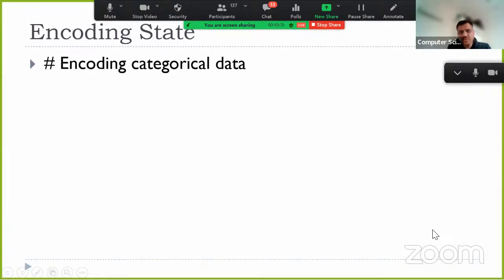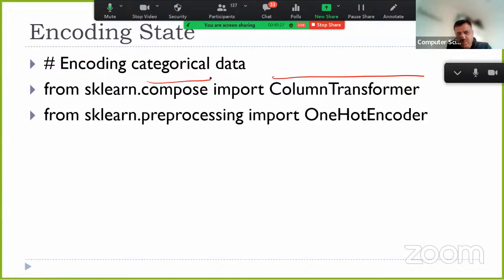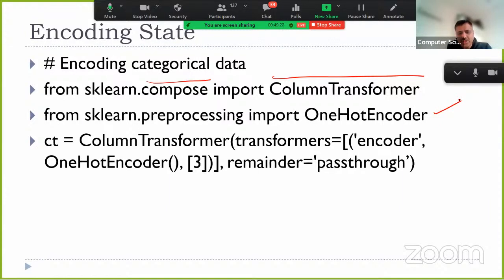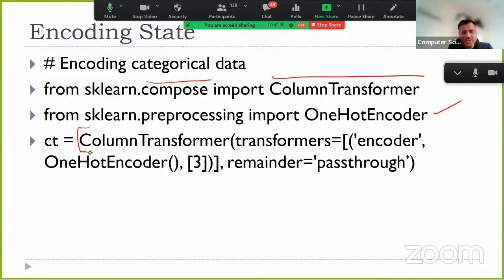Yes, so here we will be using first of all a column transformer, and we are importing it from a sublibrary compose, which is a part of sklearn. And of course, I am also using one hot encoder. We have already discussed the code to import one hot encoder. So here you can see that we are applying the column transformer over this